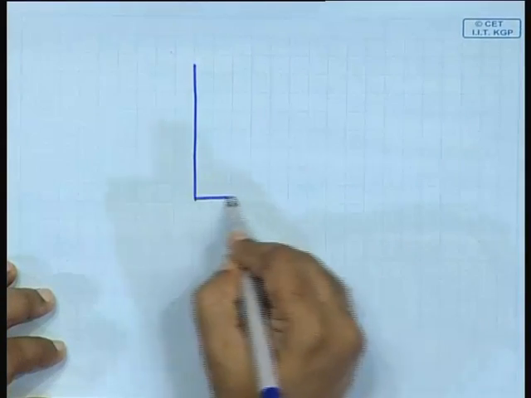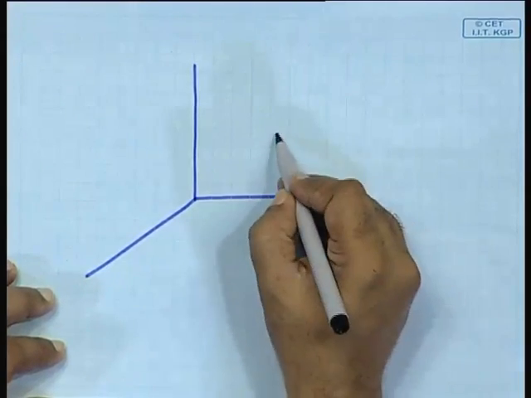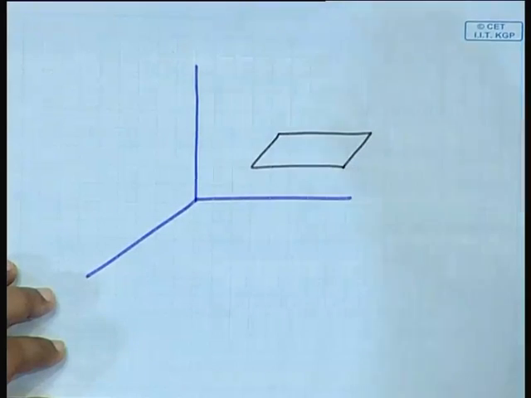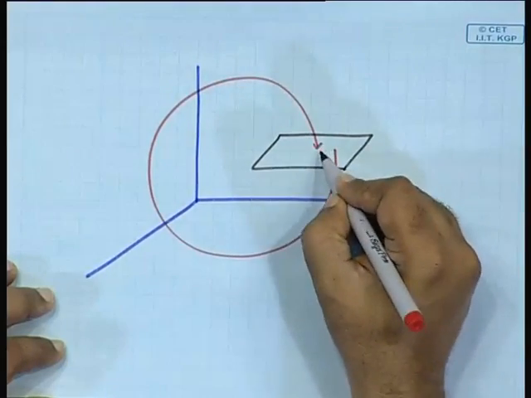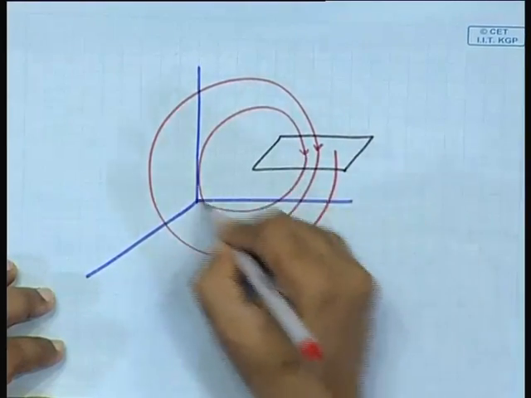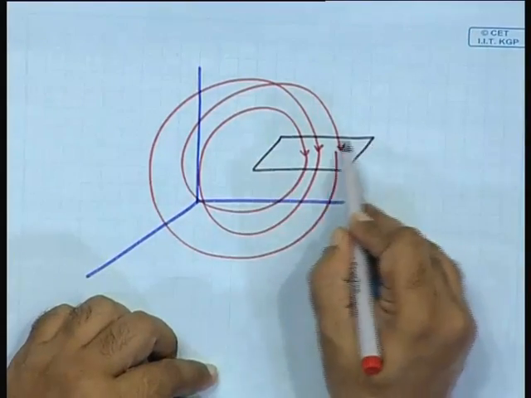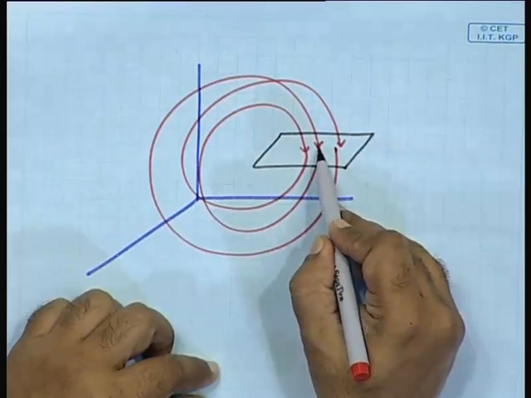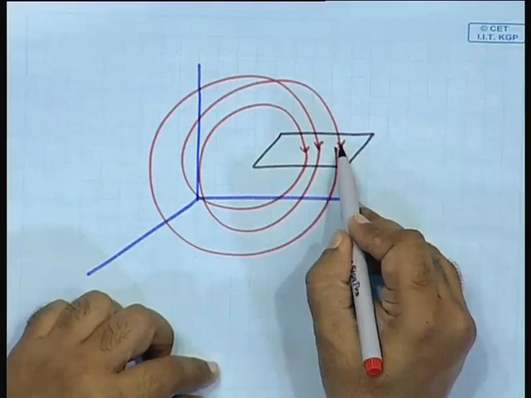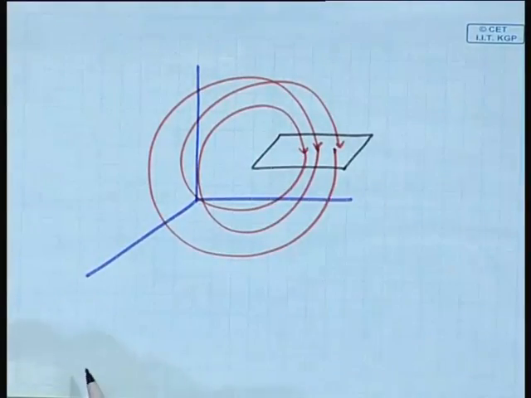Let us do that once again. This is the 3-dimensional space, imagine, and suppose you have the Poincare plane placed like this. Then if you start from a point, normally it will land on another point, then it will land on another point, then on another point, and so on and so forth. So, if you concentrate your attention on what is happening on the plane, what will you see? A point mapping to a point, that is mapping to another point, that is mapping to another point, right? A point going to another point, fine.